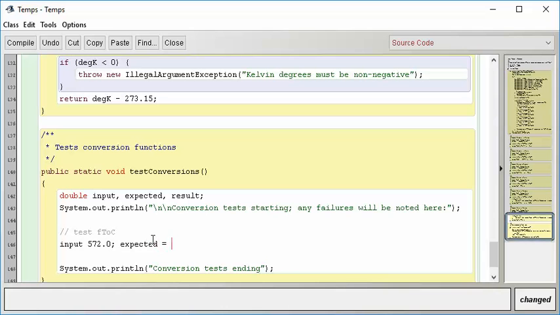So I take 572, look it up in the table, and that's going to be 300. Now remember, type all of these in as doubles. It's very easy to do your calculations wrong and get values that don't work. So type doubles and put zeros and everything, dot zeros. Okay, now the result of this is going to be, let's say,